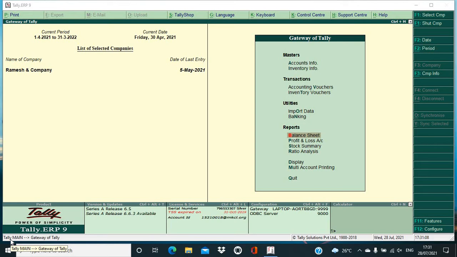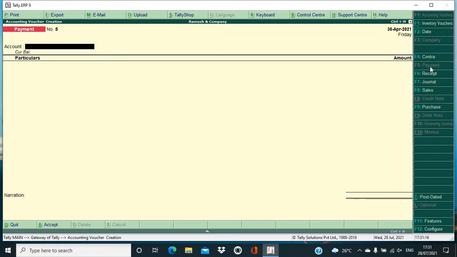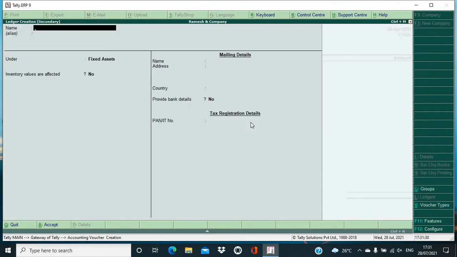Okay, now let's see how we will be making the entry. First of all, go to accounting voucher. Select payment voucher, F5 is the key. Suppose you're paying rent by bank. Select the bank. Let's assume that you're paying at the end of the month, that is 30th April. Then